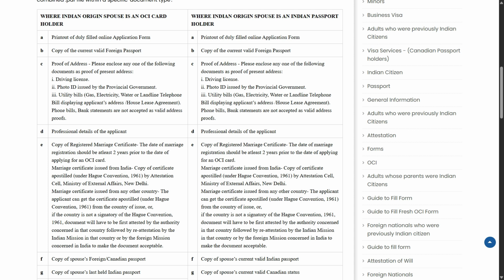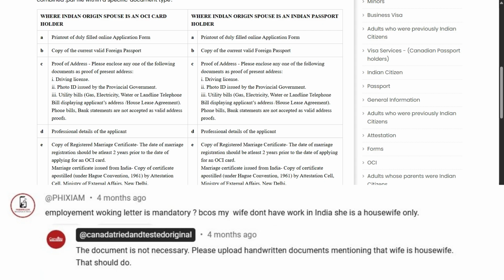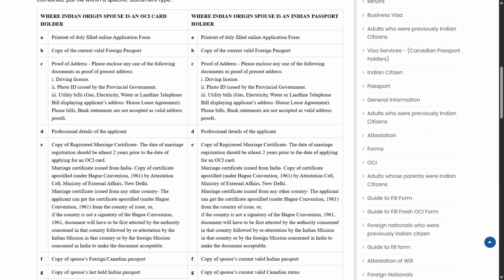Professional detail of the applicant. Here you can add the company offer letter. The best way is to reach out to your HR and ask for the detail on a letterhead where your name, designation, from which date to which date you have been working, what your profession is, and job duties can be listed. If that is not available, then you can attach the job offer letter,